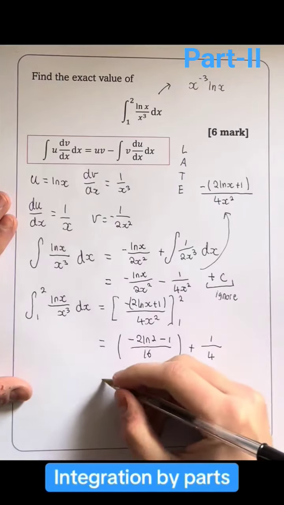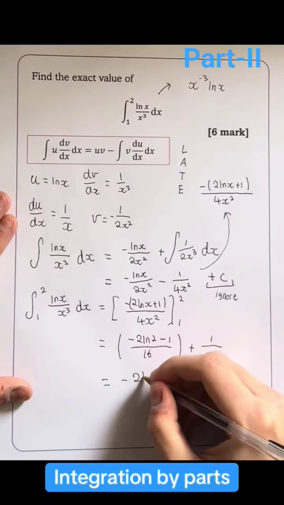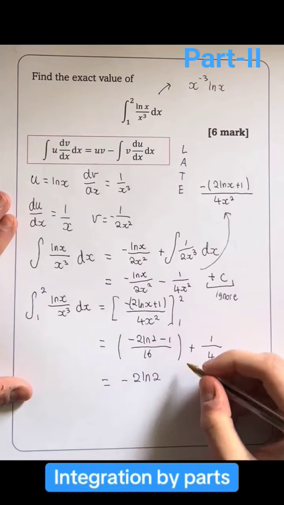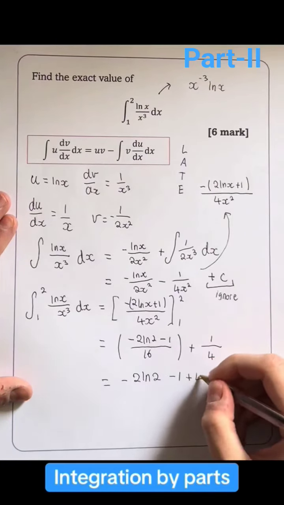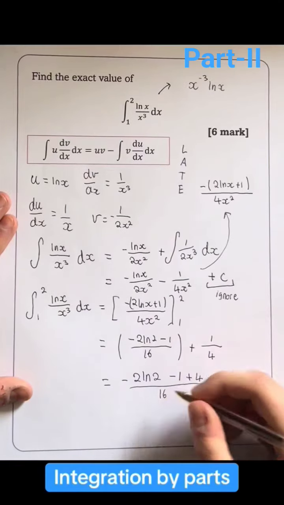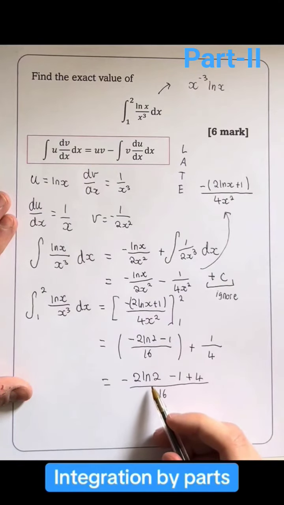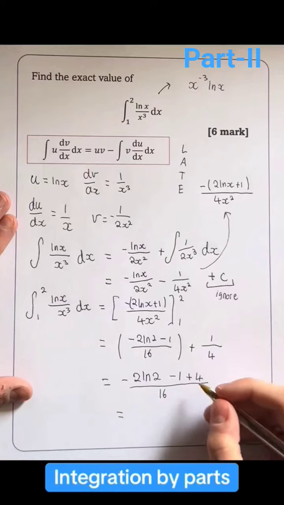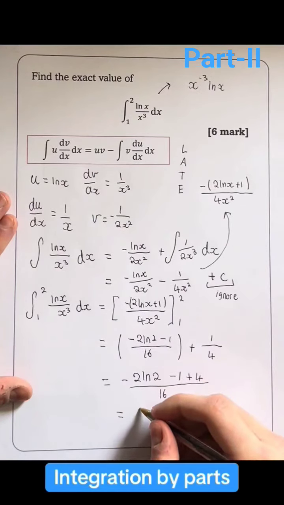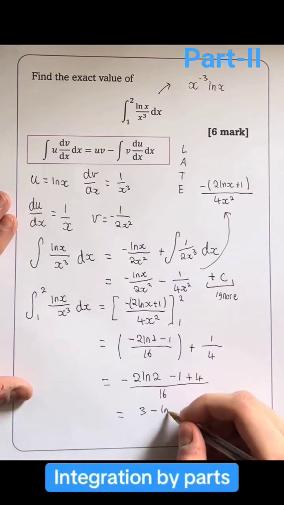This is 4 over 16, so this comes out to be minus 2 times the natural log of 2, and then we have minus 1. We've written this as 4 over 16, so this is minus 1 plus 4 over 16. And we can also note that we can rewrite this natural log of 2 using our laws of logs, right? This is just the natural log of 4, bringing this into the power here. So overall, tidying everything up, what do we have? We have minus 1 plus 4, so 3, minus the natural log of 4,